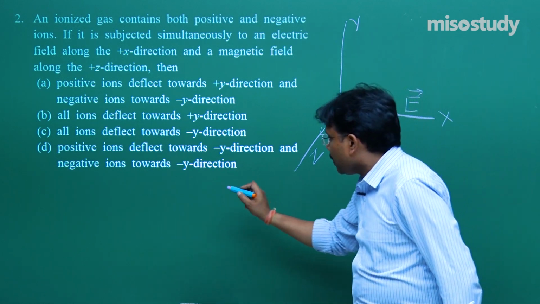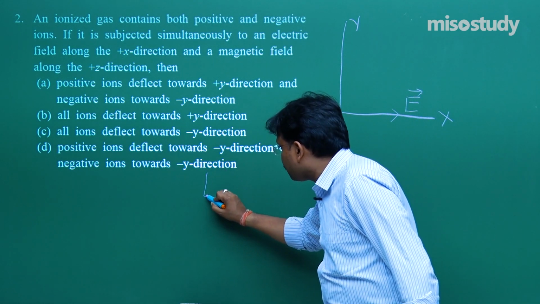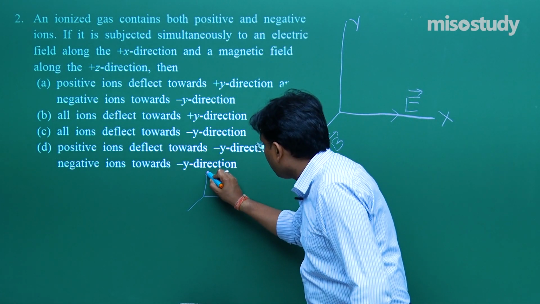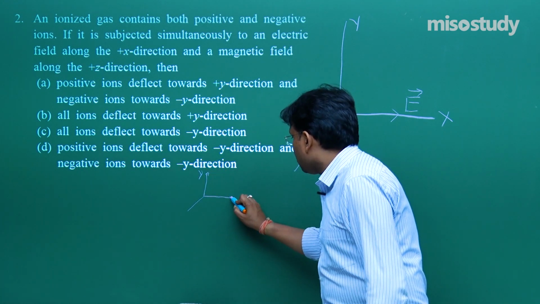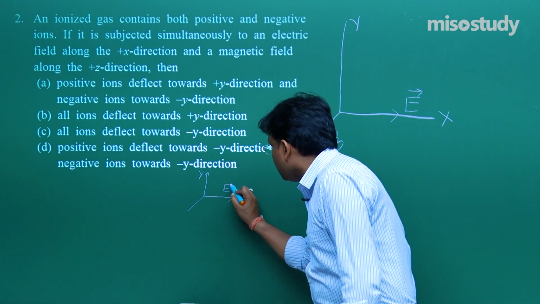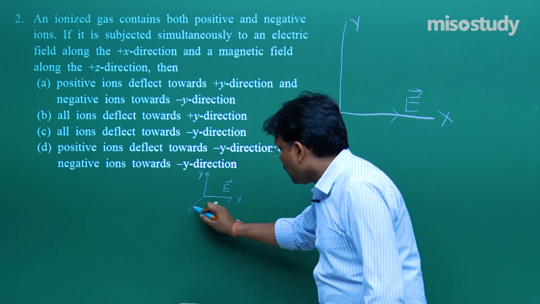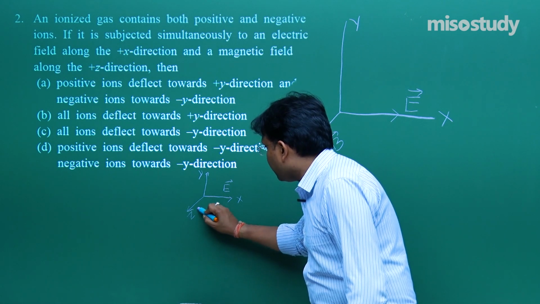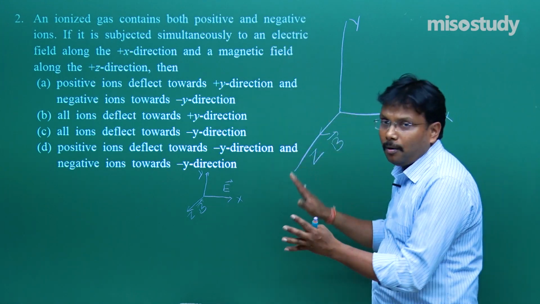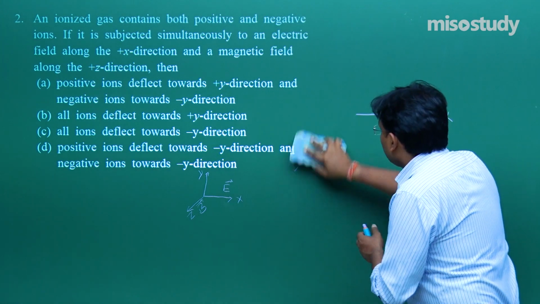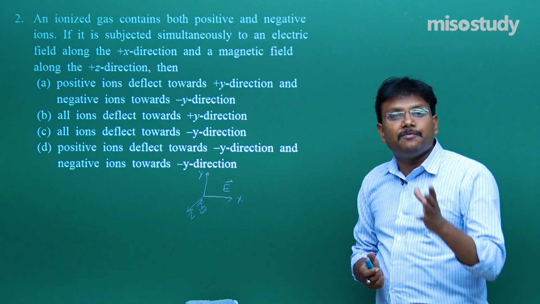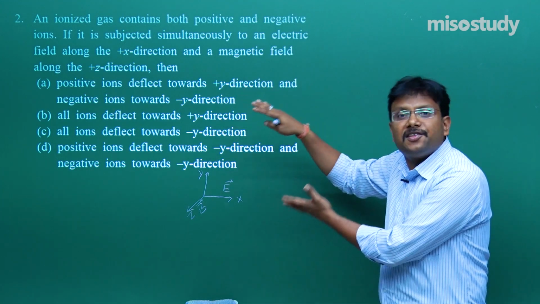So, I will draw a simple small symbolic diagram so that I can use this space for your further explanation. So, this is x, and if it is x, then it is E, and this is your z, so it is B. Now, make this diagram as a reference, just keep it in your mind. I will explain the situation, and after the explanation we will try to find out which option is correct.